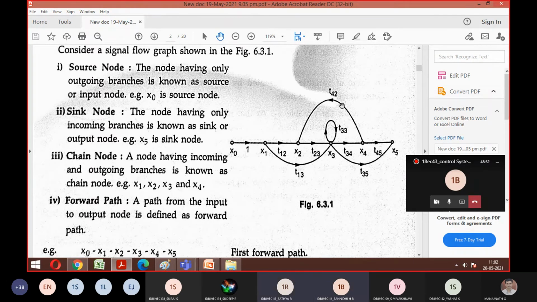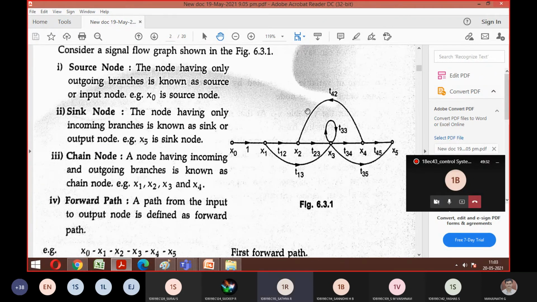1. See, sir, here only T42 is having a gain, correct? So the starting point and ending point is called a feedback loop. With the naming, x2, x3, x4, the starting point and ending point should be the same, right? I'm not tracing x2 twice, I'm ending it. So I hope you got the difference. x2, x3, x4, and this path will end here. Is this your feedback loop?